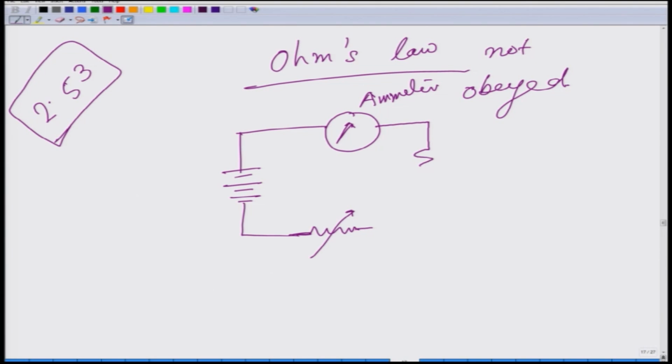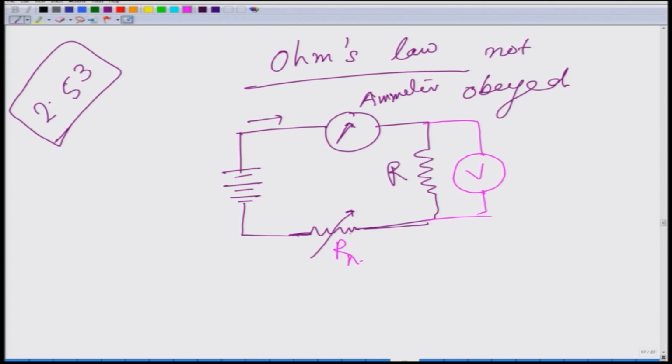With this I join a known resistance, say R. Now, if I put a voltmeter across this known resistance, with RH being a variable resistor,